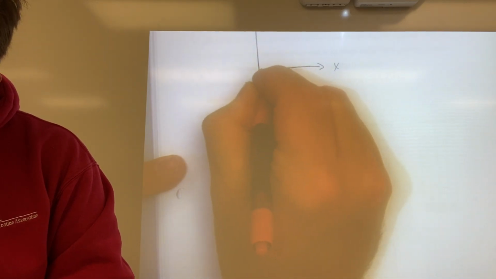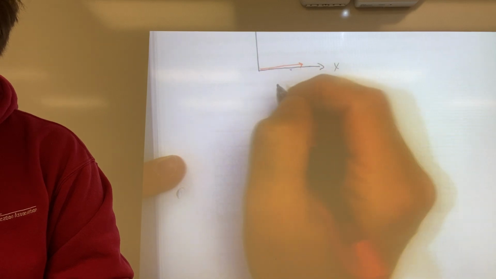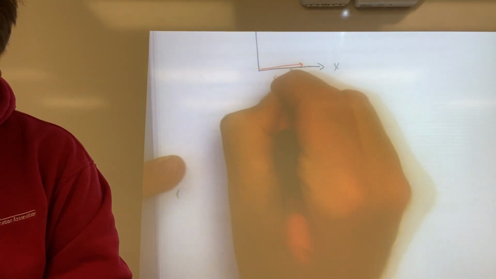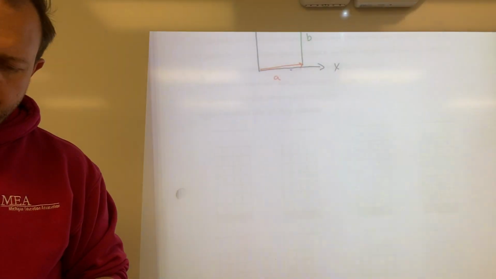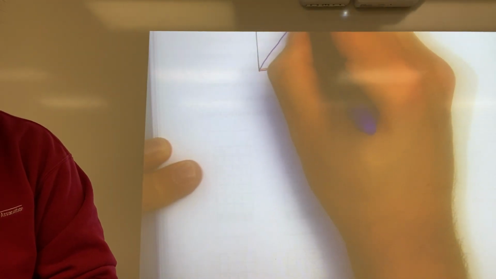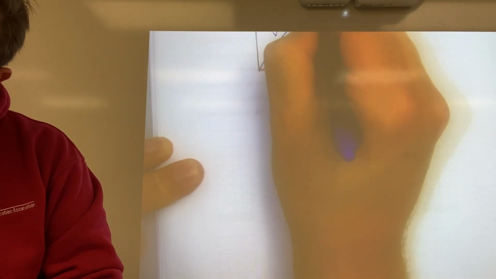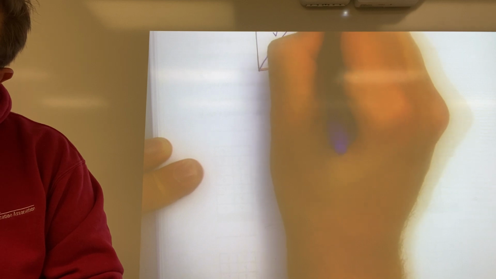And if we have vector A, and we have vector B producing component vector V that ends at point A comma B,